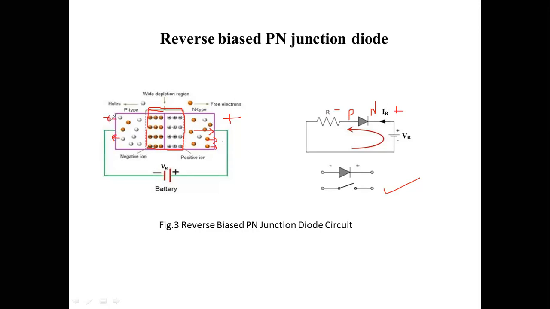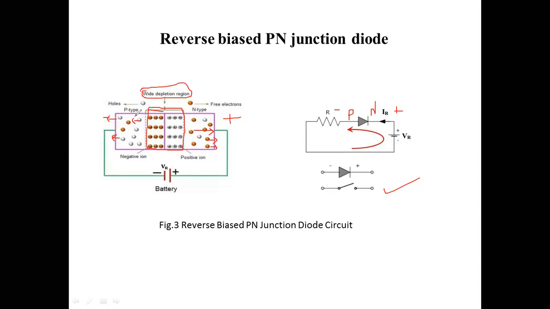As I increase the voltage, this attraction becomes more and more, and therefore the depletion region width will increase. A strong wall, a wide depletion region, is created such that majority charge carriers will not flow. What are the majority charge carriers? Electrons in the n type and holes in the p type material.